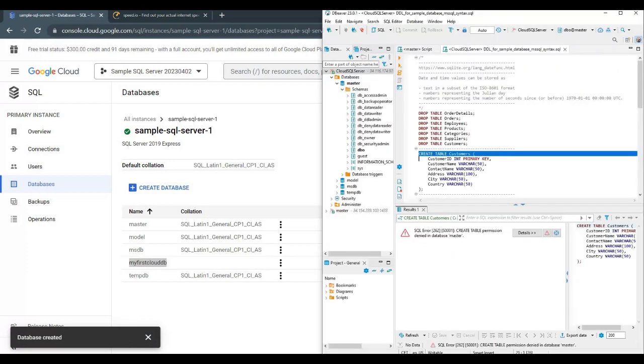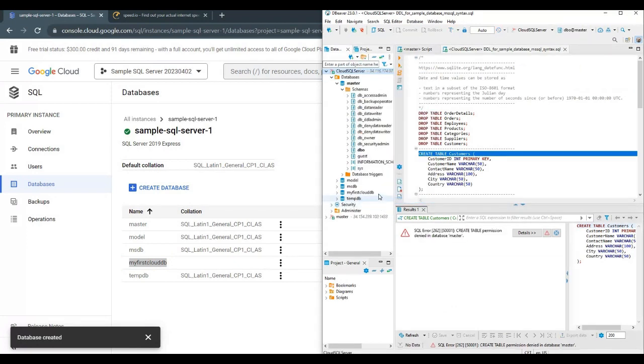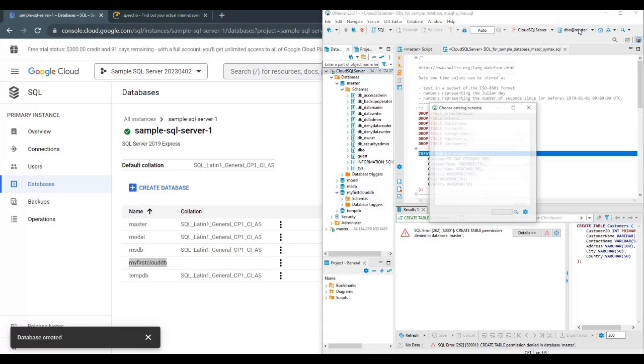Now we go back to the editor, and in the editor I'm gonna do a refresh, and there is my first cloud database. So in the connection options I'm just gonna use my first cloud DB,